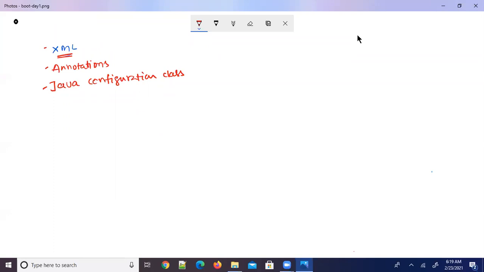That is XML. And you can write any name for this. When you are writing a Spring application, that XML file name can be any name, just add the extension .xml.